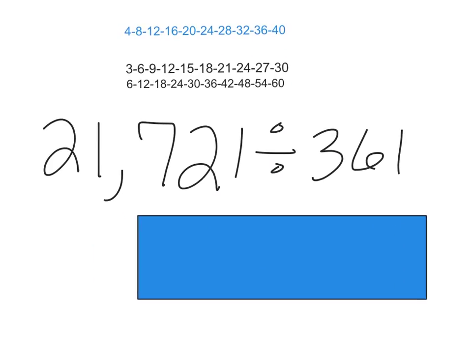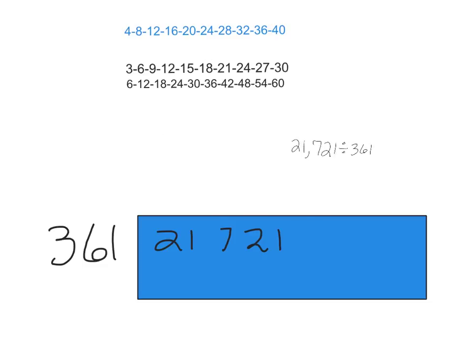So now I'm going to put the 21,721 right inside the box and the 361 on the outside of the box. Shrink that and move it over here so I have a little more room. And off we go. So now 361 going into 21,721. It will not fit into 2. It will not fit into 21. It will not fit into 217, but it will fit into